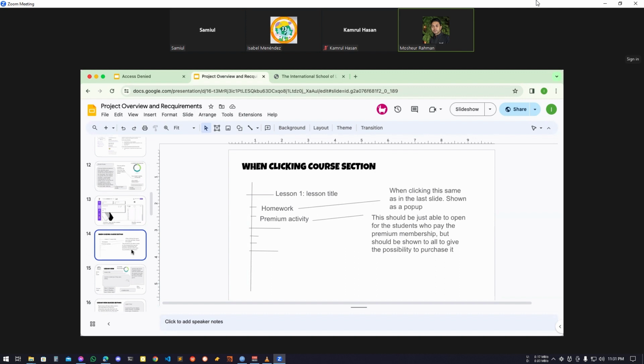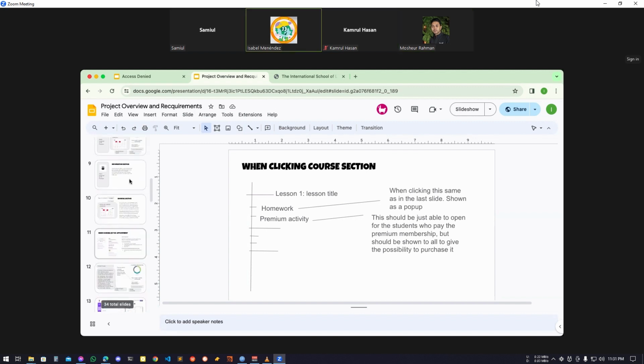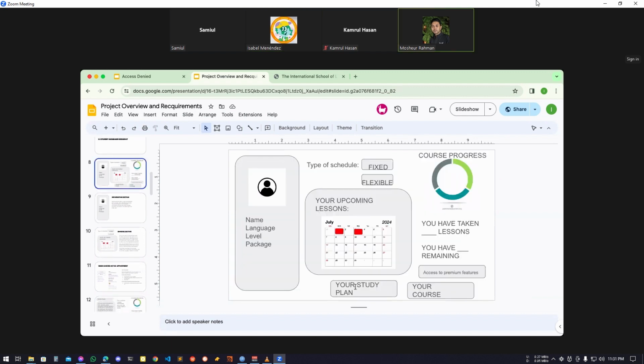There is a button, like you move on the slide. Exactly. So the idea is, from the study plan or your course here, basically I put it twice, it's the same thing, so let's get rid of one, it's confusing. So your study plan or your course, you click it there,